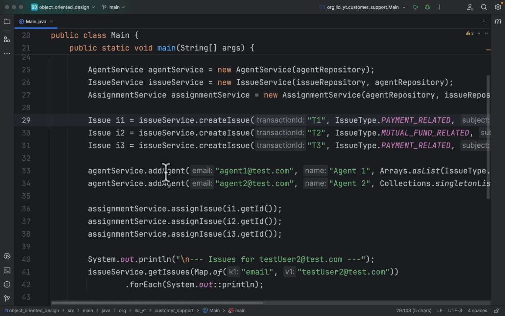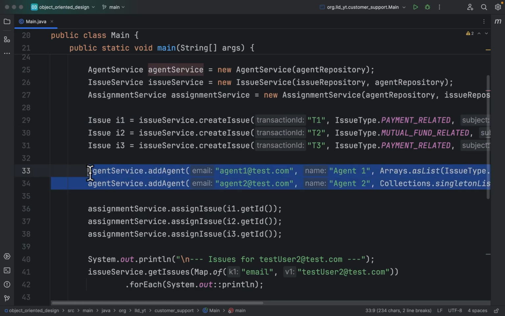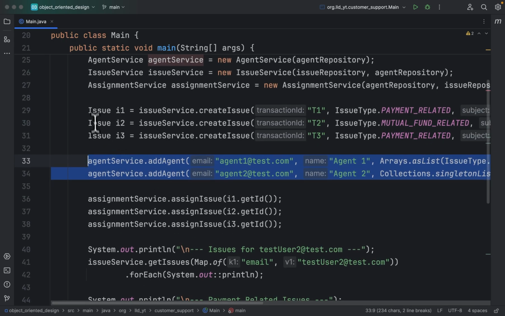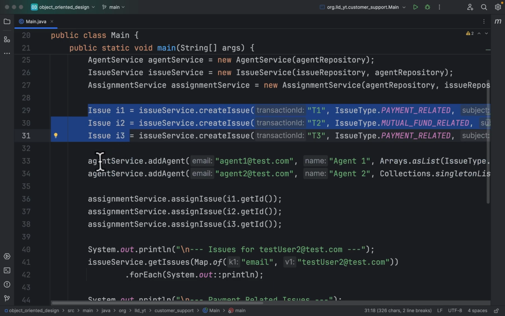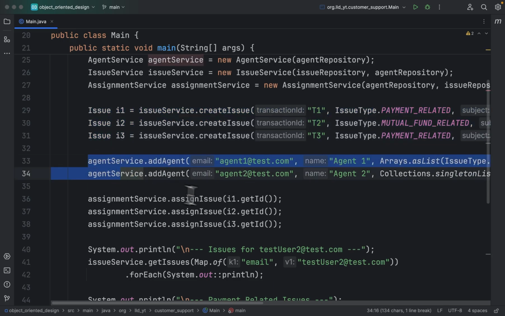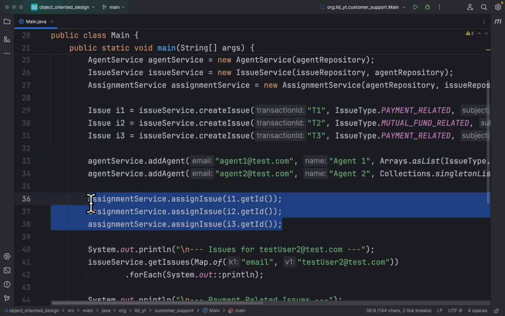Then obviously we should be having some agents in the database, right? So for that, I have added 2 agents, agent 1 and agent 2. Now, the point to remember over here is there are 3 issues and there are only 2 agents. So it means that one of the issues will be going into the wait list of one of these agents,